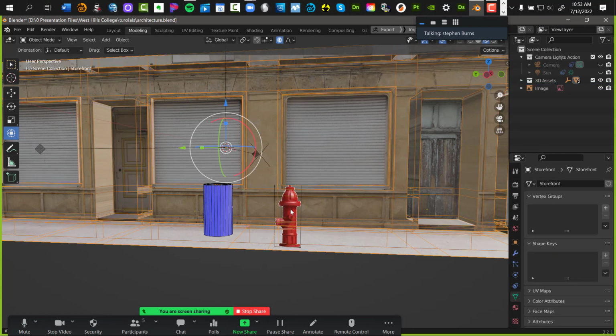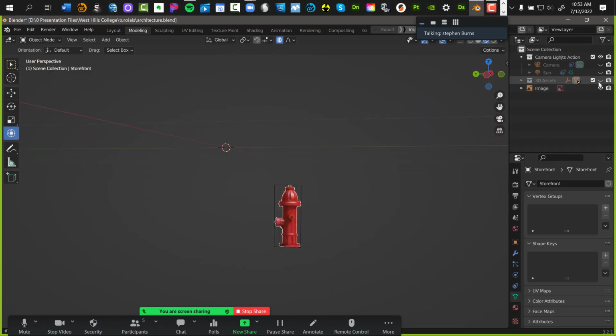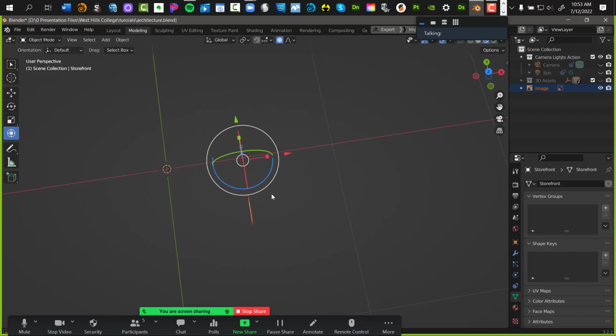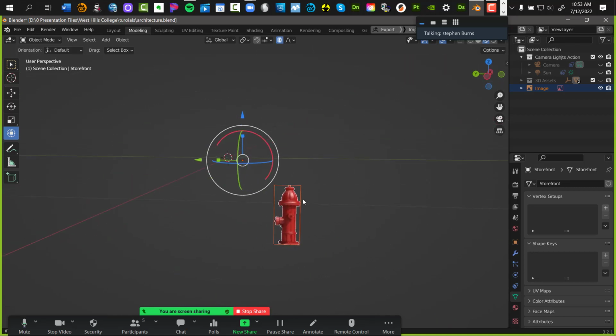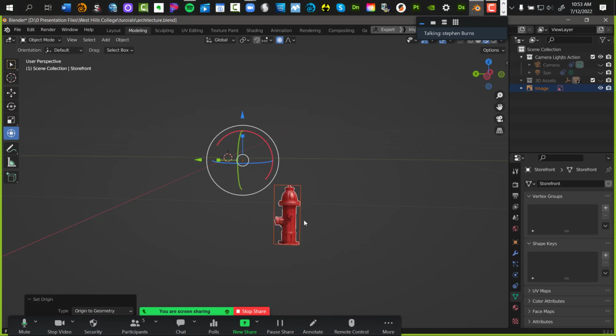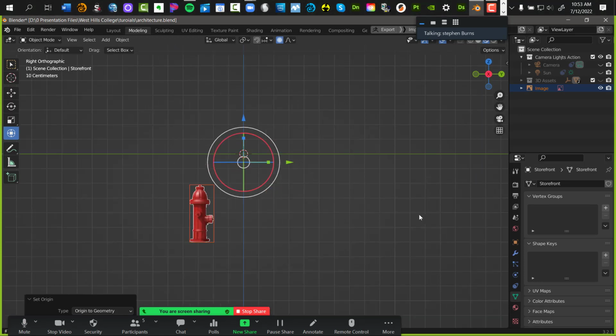Now, this is something for the online people, because they have this other image back here. Once I'm done, I'm going to turn off that background image, turn off the 3D assets, and I'm going to center this on my axis. Now, the way I can do it, clicking on this, let me see if I can right-click on here, set origin to geometry. No, it's not going to allow me to do it that way either. All right, so I'm going to go to my side view.